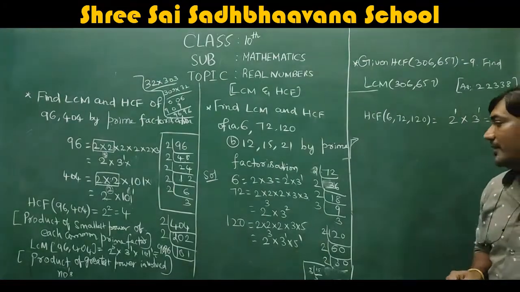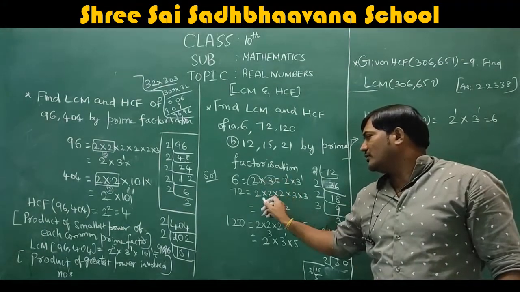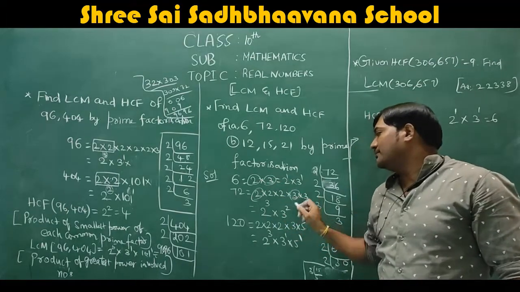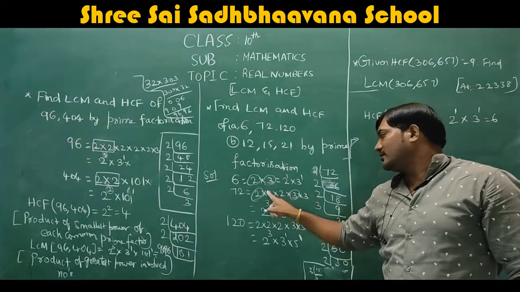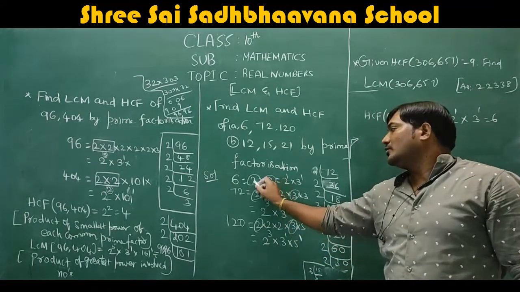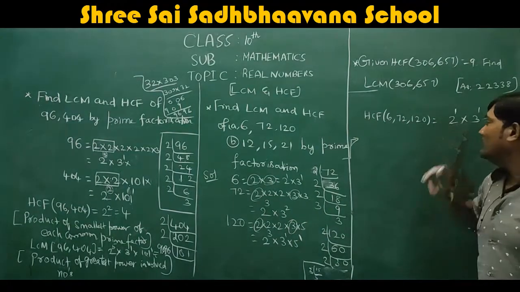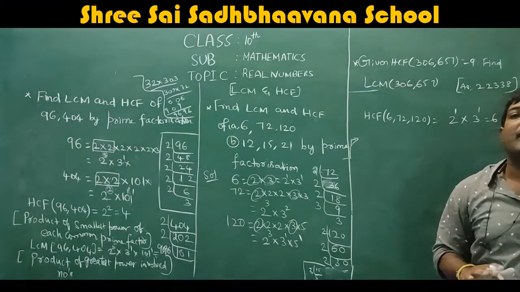Okay, that is one way. And this is an easier way, I believe. Here also 2 is there, here also 2 is there. See, 2, 3. 2 into 3 is common everywhere. Here 2, 3. Here 2, 3. Here also 2, 3. That is the only common. So obviously you will get 6 as HCF.